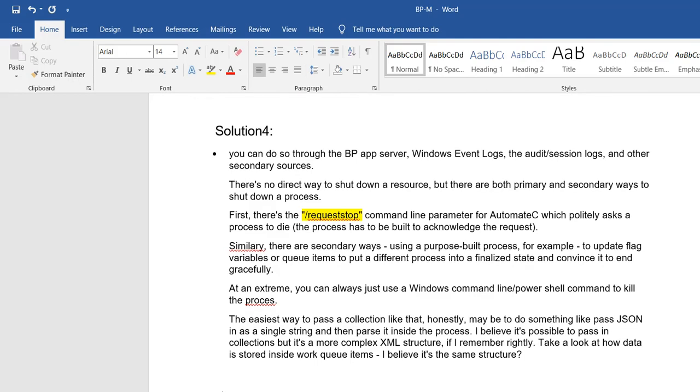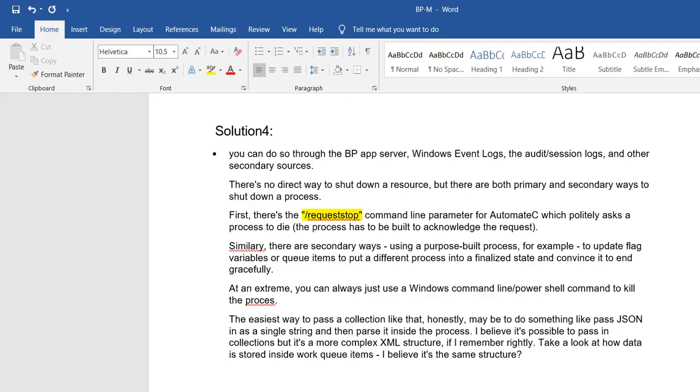If you want to check your logs, the first initial level is the Windows event log, audit and session logs, and at the secondary level you can check directly through SQL query, as well as directly through automatec.exe.